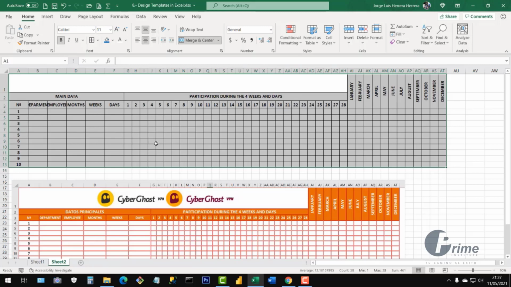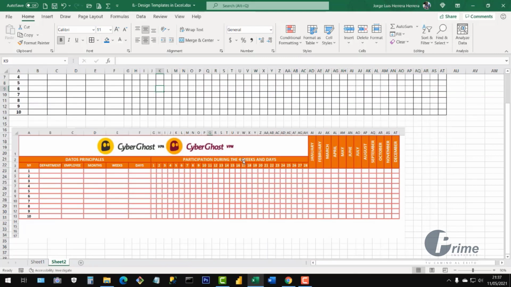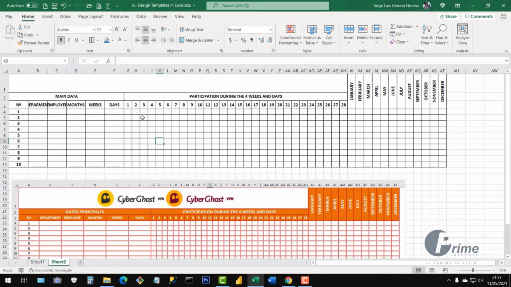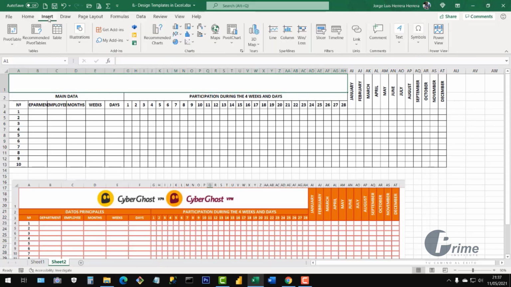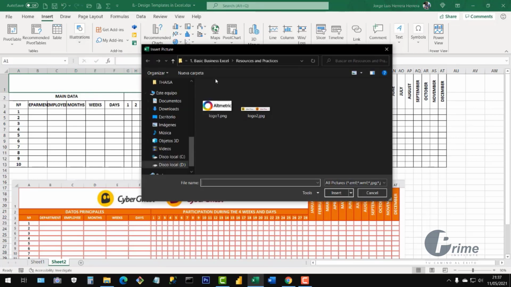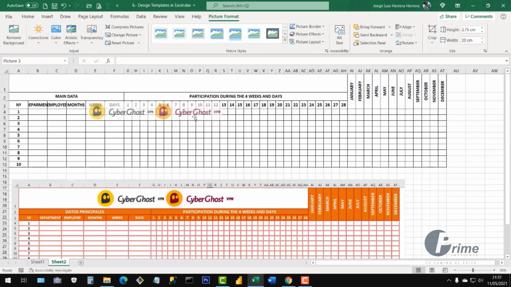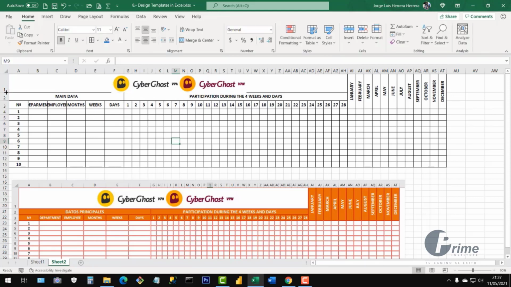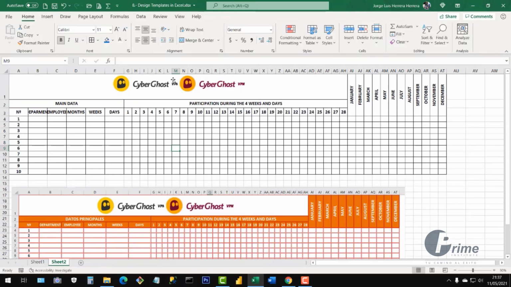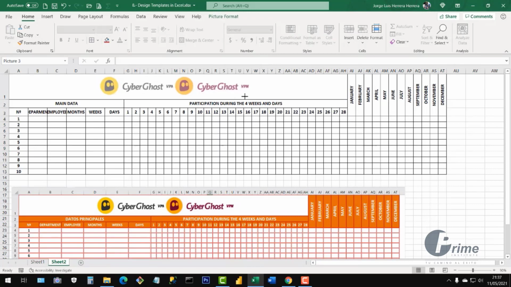And now I'm going to insert the image. I just add here insert. I'm looking here in the pictures, looking at my folder, I select that one. The image is over here, so I decrease the size and I put it in the upper part. Do I need more space? Yes. So I expand it and I can click on it a little bit and you can place it upon your